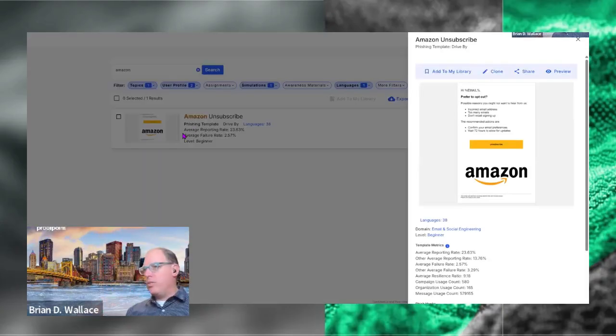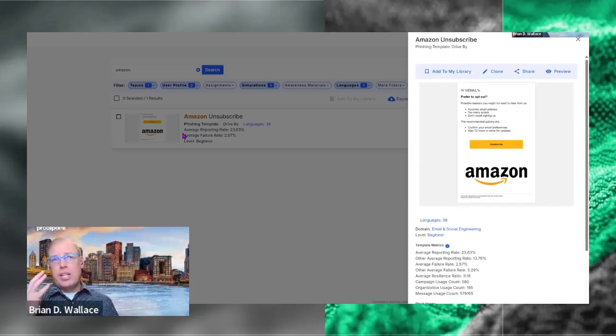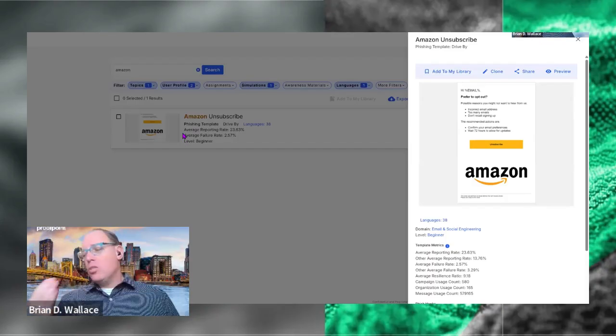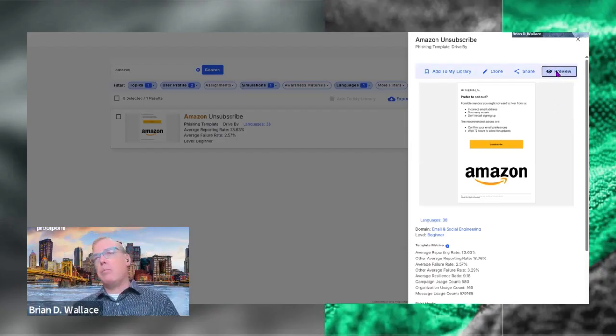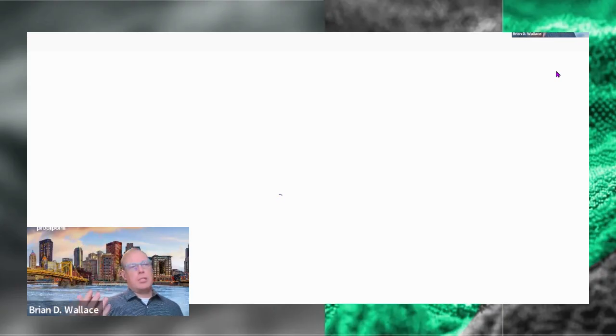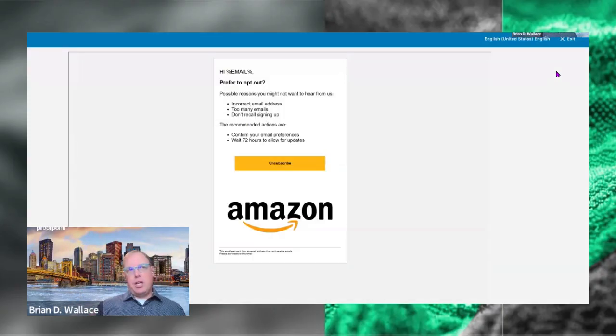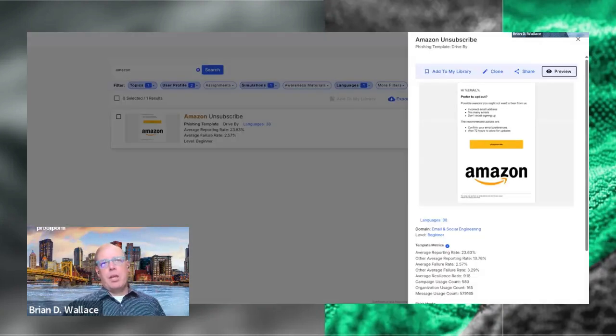And this, my friends, is one of the ways that things really change from using the traditional phishing tool, the threat sim tool, because now you have so many more insights available to you. So first of all, we do have a thumbnail, and a pretty good sized thumbnail, I might add, of what this template looks like. But my old 51-year-old eyes are struggling a little bit to see that. So the nice thing is we can go on and click preview, and we are able to see a much larger version of that specific phish so that we can explore it a little bit further.